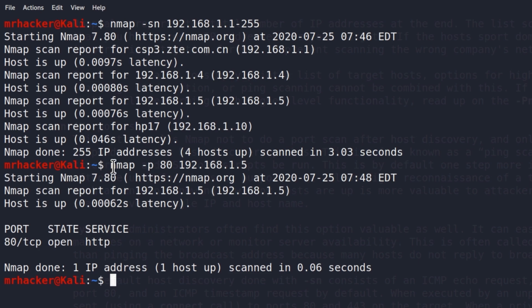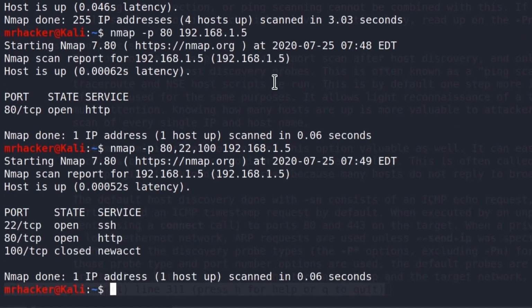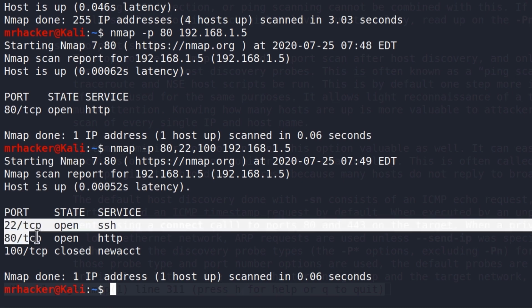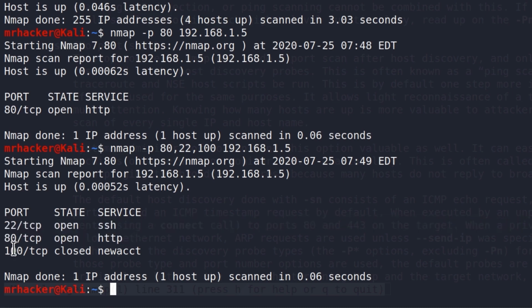This option is useful if you're only attacking one port and you don't want to let Nmap scan 1000 ports when you only want to enumerate one single port. You can also do it on multiple ports, for example, port 80, port 22, port 100, and let's see what the output is. And here we can see port 80 and port 22 are open,